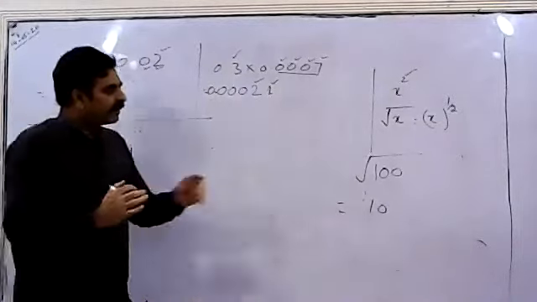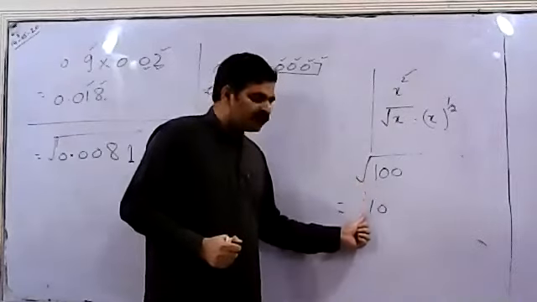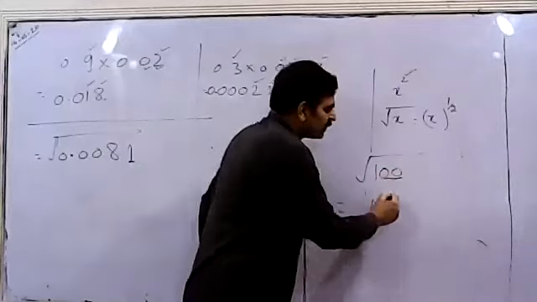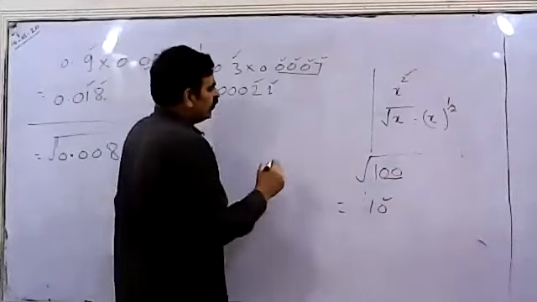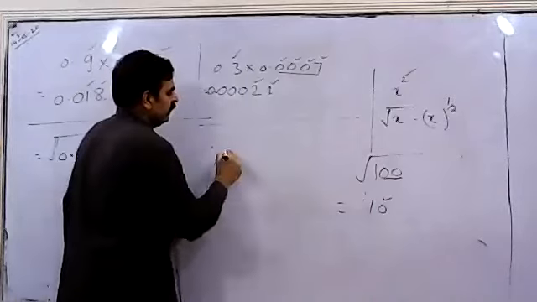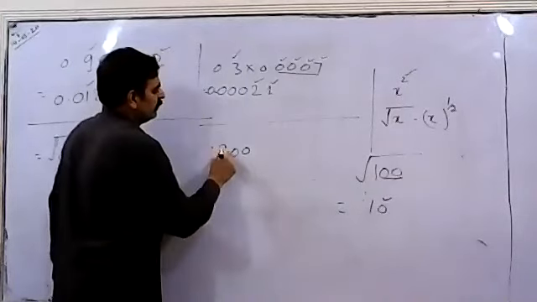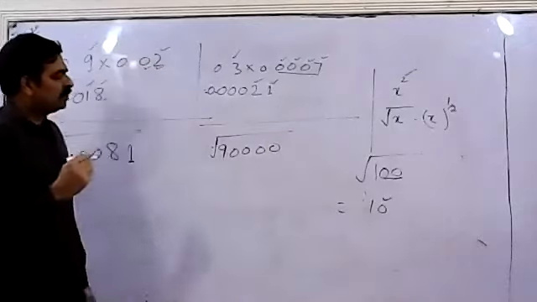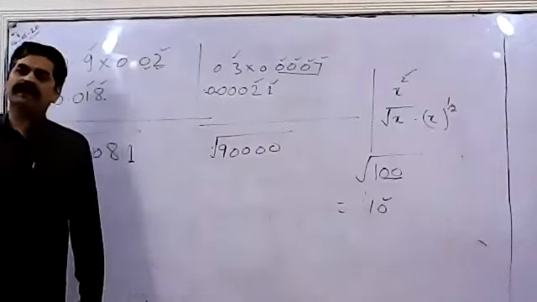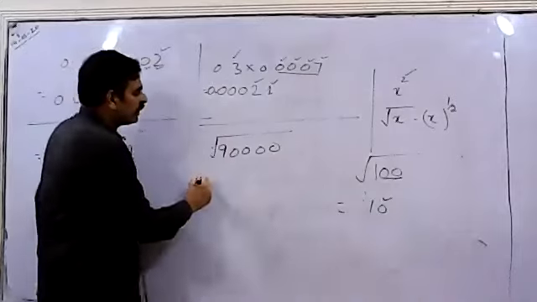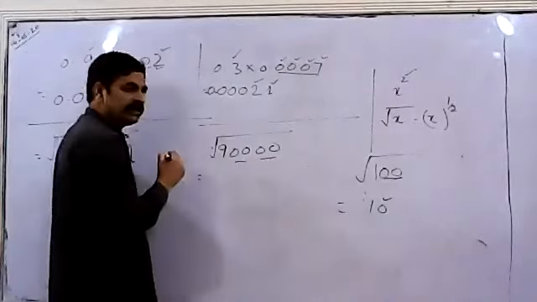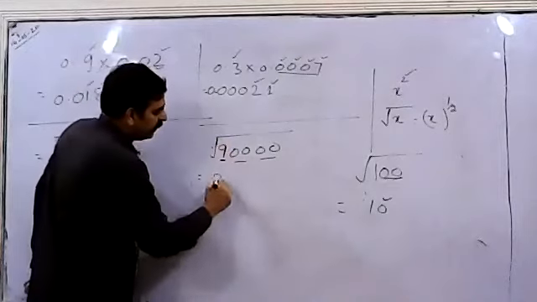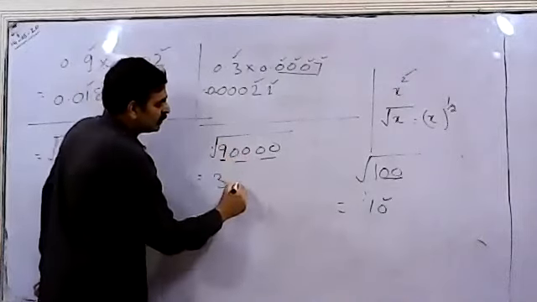If we look at it, square root of 1 is 1. 1 multiplied by 1 means 1. These are 2 zeros. Just write down 1 0. Here is one more example for this question. If it's written 90,000, if we count, there are 4 zeros and 1 9. The square root of 9 is 3. And from these 4 zeros, 2 zeros, so 3 0 0.